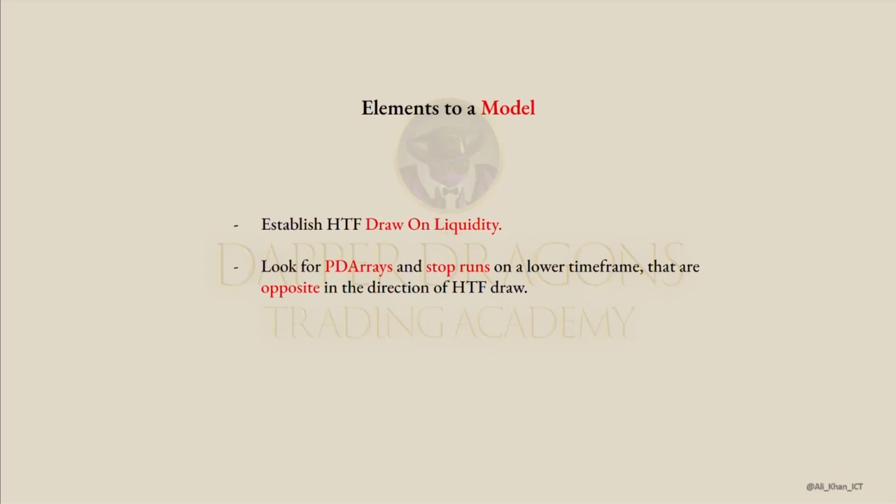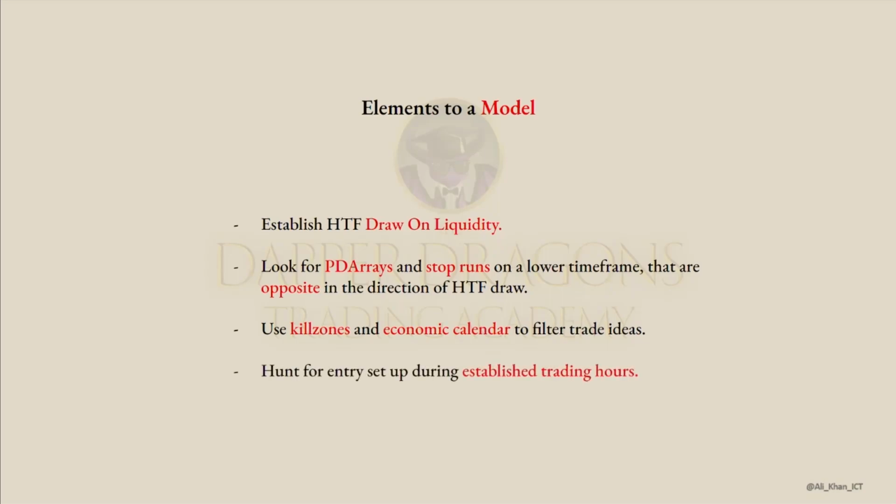So say for example, if the daily is bullish and we're going higher, we want to look for the opposite direction on the lower time frames to get in sync with PD arrays and stop runs. We use kill zones and the economic calendar to filter trade ideas, and we hunt for entry setups during established trading hours. Your established trading hours are going to be personal to you, whether you're going to be trading the London session, the New York session, or you're just going to be doing swing trading and higher time frame